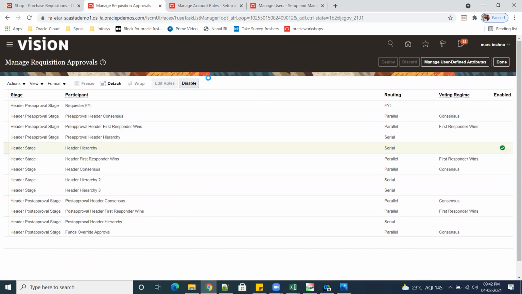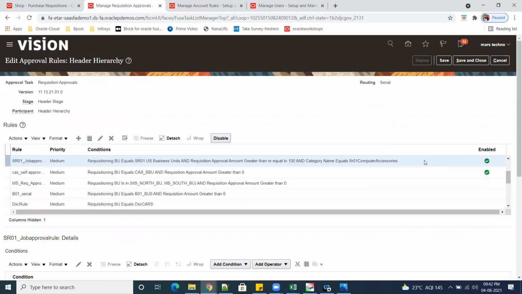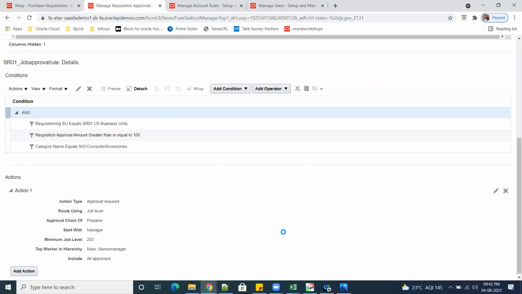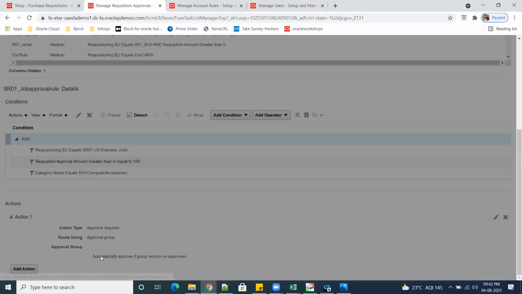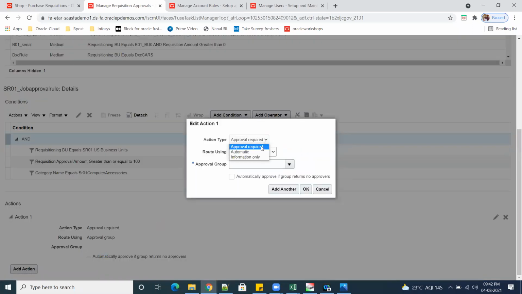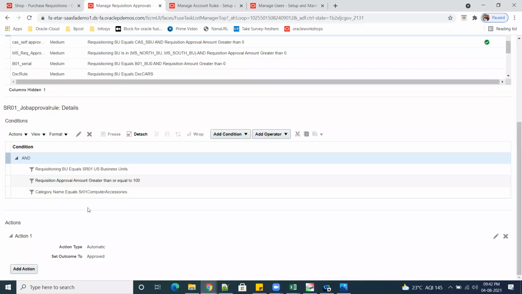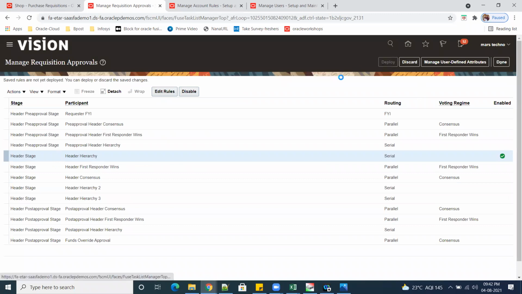Open this, edit rules. This is ours, correct. Just delete this, add action, we will make it automatic. Click on OK. Any of all these things we are using, right? So it will work. Save and close, deploy it.